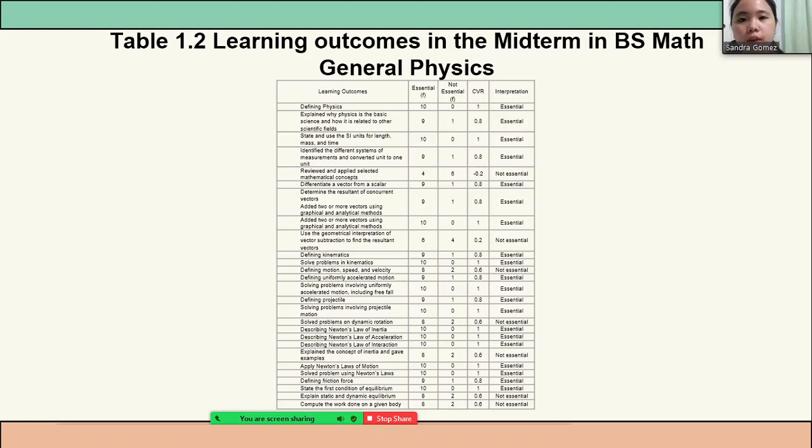In table 1.2, learning outcomes in midterm in BSMA General Physics, these are the listed learning outcomes. Review and applied selected mathematical concept received negative 0.2. It means it is not essential, or it will not be included in the module that will be made. Use a geometrical interpretation of vector subtraction to find the resultant vectors, also